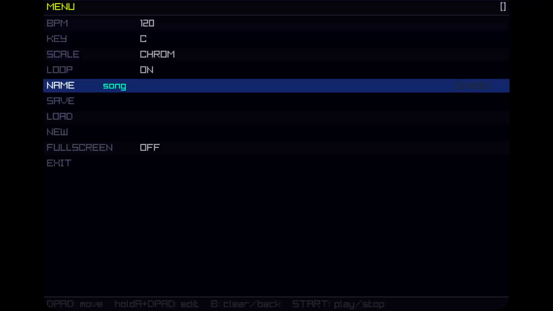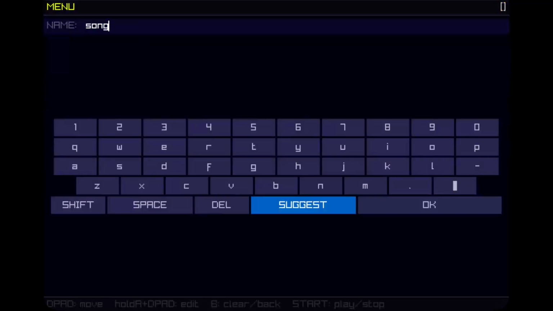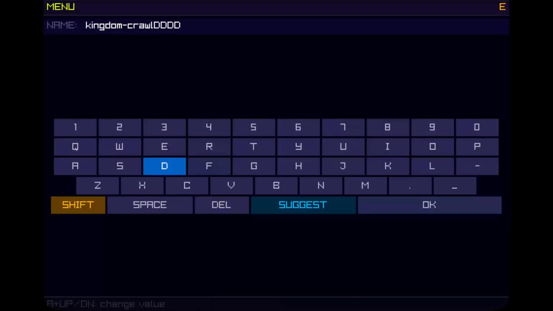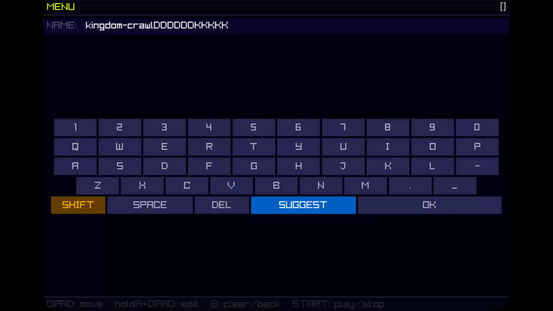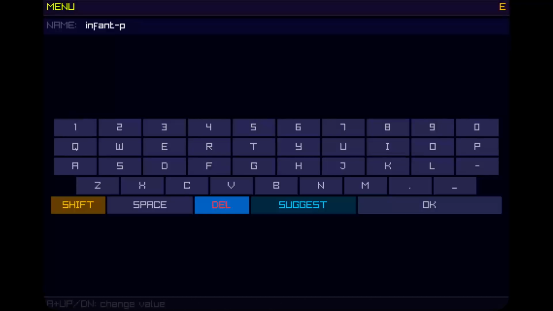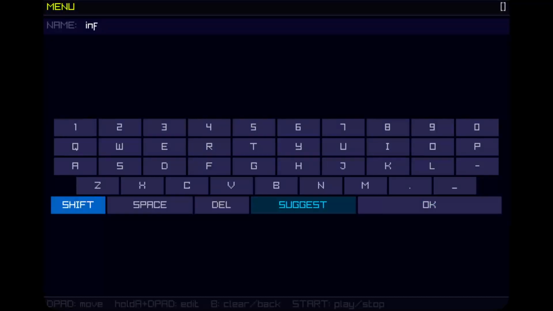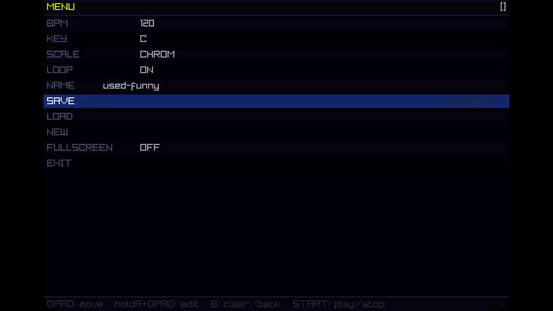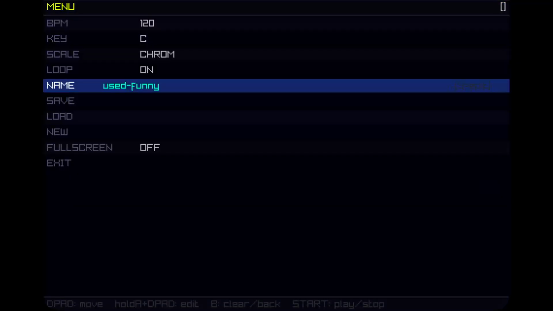For example, if I want to save it as something other than song, I click here, and I can do the same stuff that you saw in the other video with suggest, and I can do capital letters, and I can delete, etc. So if I hit OK here, nothing really happens. But if I hit save or load, it'll now use